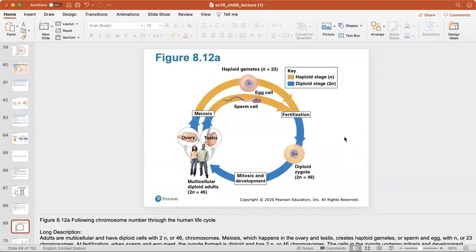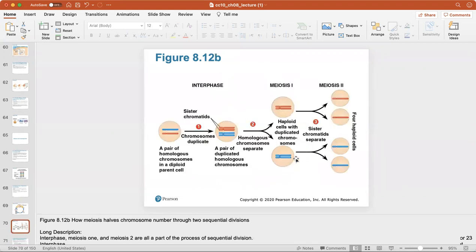So here we look at meiosis forming different egg and sperm cells. And at first, these are haploid, meaning they contain half the number of chromosomes. And then at fertilization, an egg and a sperm come together to create the diploid zygote, or the total number of chromosomes or sets of chromosomes needed.